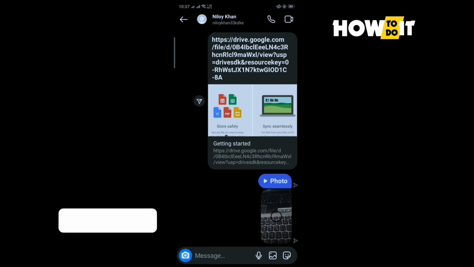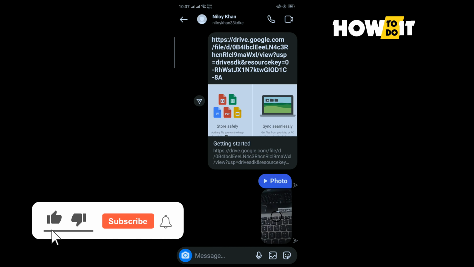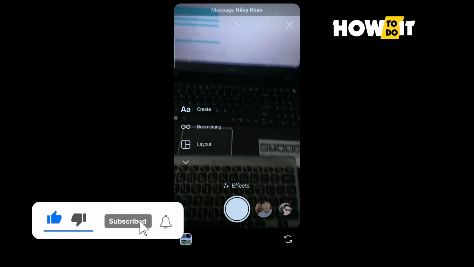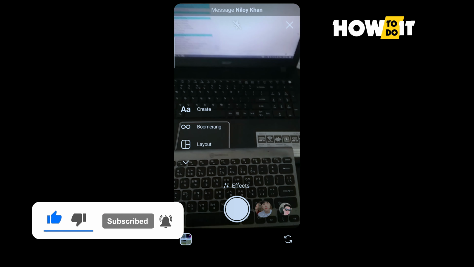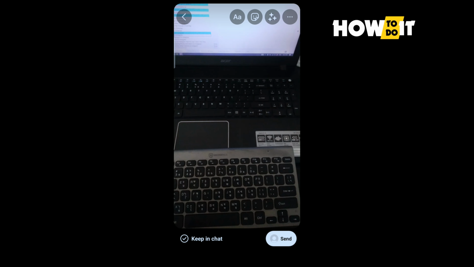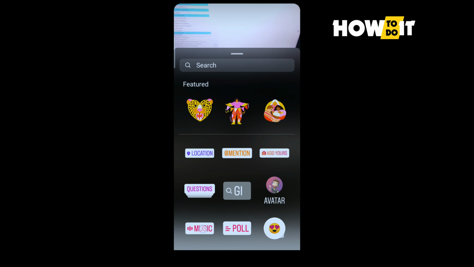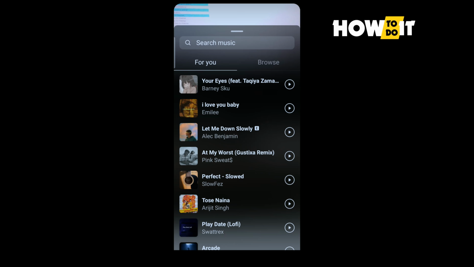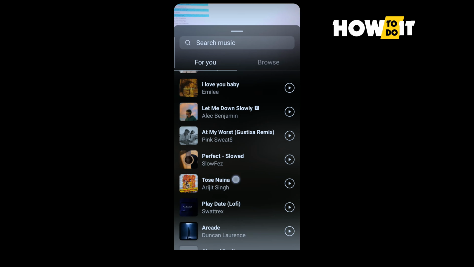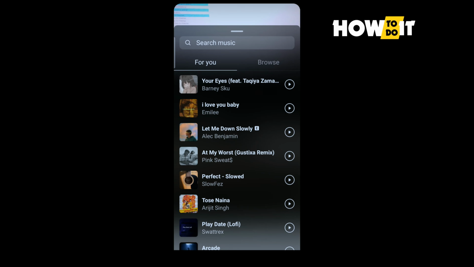So first of all, tap on this camera icon to the bottom left corner and you can capture a photo. Now tap on the sticker icon, music, and now here you can select any song or you can search for a particular song using this search box. So I'm gonna select this song here,